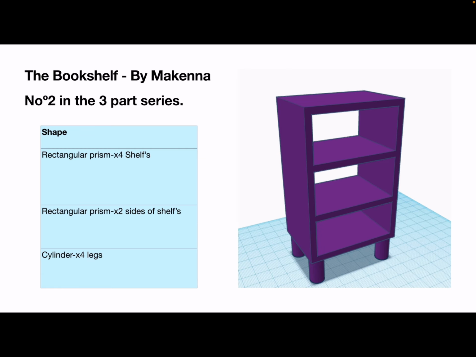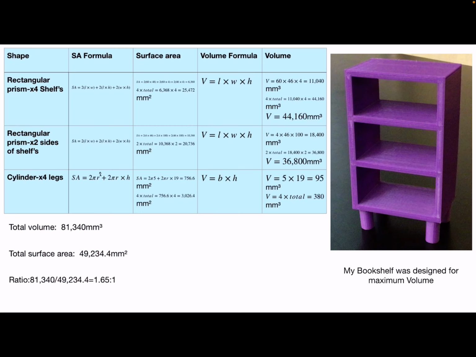Okay, so I made a bookshelf, and this is number 2 in our 3-part series. As you can see, there's 4 rectangular prisms, which are the shelves in the middle, and then 2 more rectangular prisms on the sides, and then 4 cylinder legs. Because Dana already talked about the cylinders, I'll just talk about the rectangular prisms in the middle of the shelves,